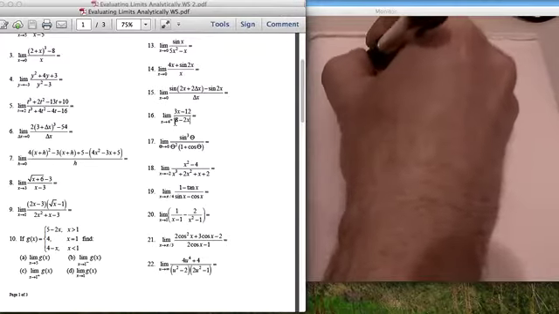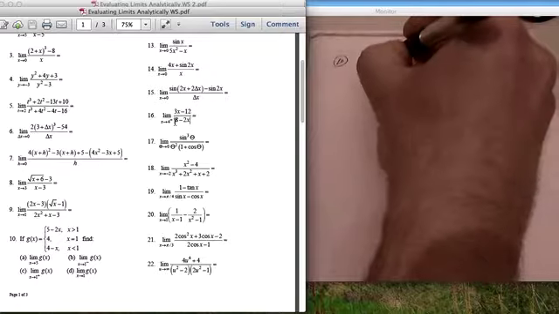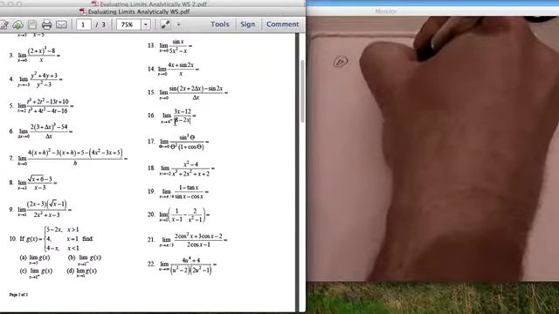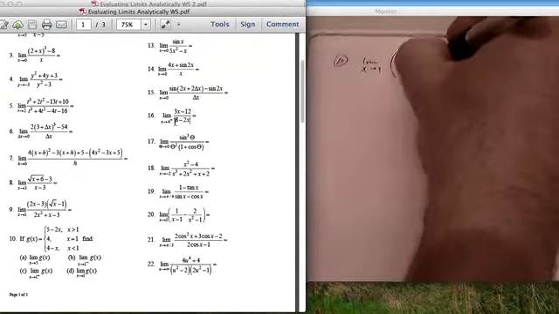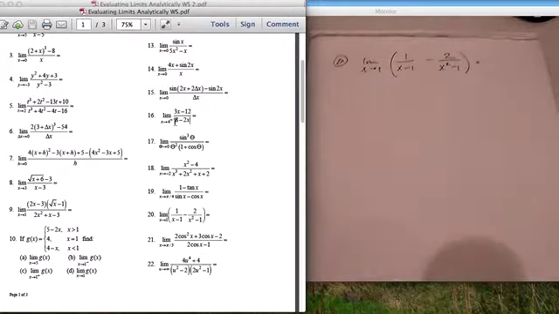We have the limit as x approaches 1 of 1 over x minus 1 minus 2 over x squared minus 1. Okay? Well, what you're going to learn is that 0 over 0 is not the only indeterminate form. Okay? And what you get here when you try to evaluate each one of these rational expressions independently is a potentially